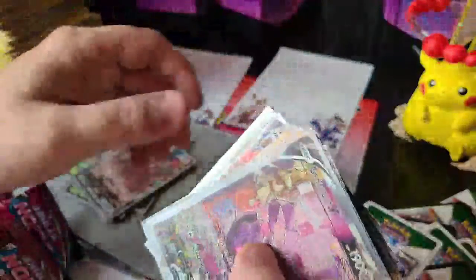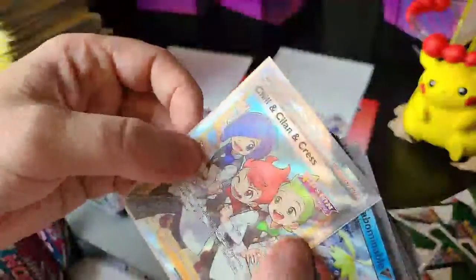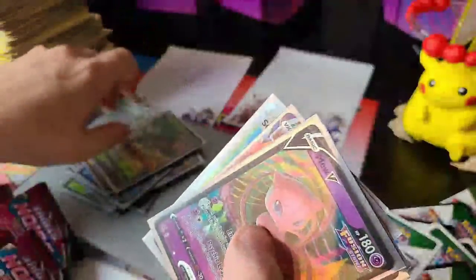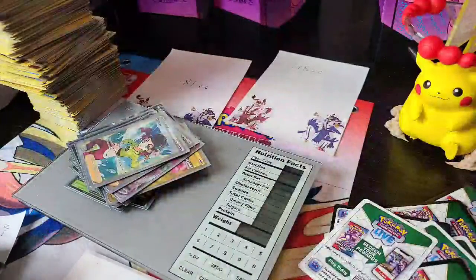Pikachu V, Dancer Full Art Trainer, Breloom V, Chandelure V, Rillaboom V, Greedent V Max, Genesect V, that's that alt art, Greedent V Max Secret Rare Rainbow, Gengar V Max, Chilling, Salon, and Cress Full Art Trainer, Crabominable V, Gengar V Max again, Pikachu V again. I think that's the second Rillaboom V. Mew V, Mew V, Power Tablet Secret Rare, Greedent V Max again, and Schoolboy Full Art. Okay, so all that